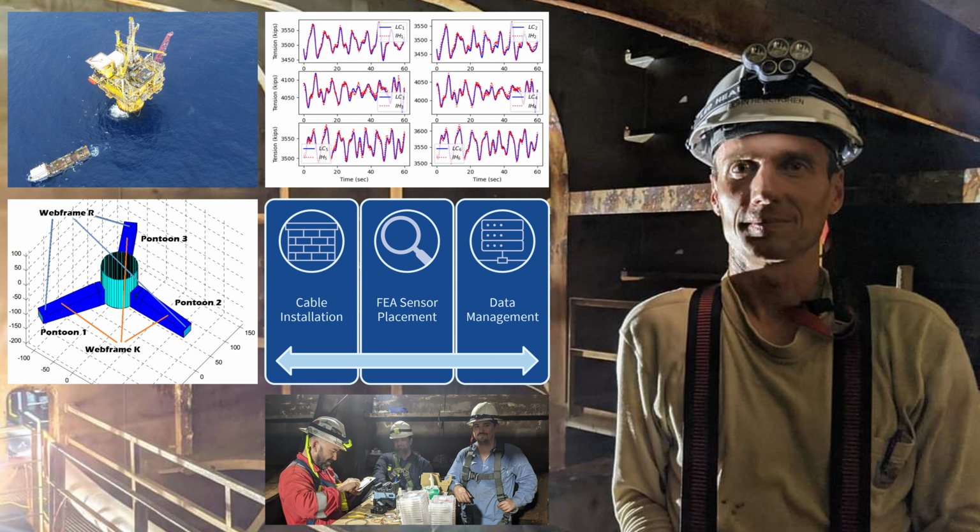You can see in the upper right-hand corner the 6 tendons, and the predictions from the fiber optic sensors are in red, and the blue are the load cells. Now this is subject to wave action, tide fluctuations, and the seasonal temperature variation as well. And so we found that we were able to use machine learning to make this regression.